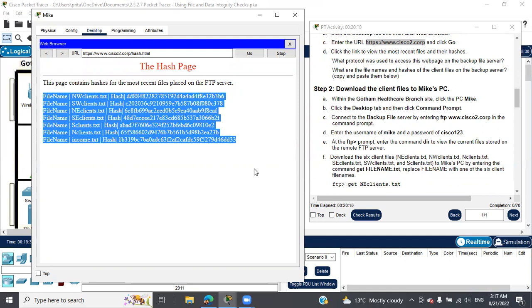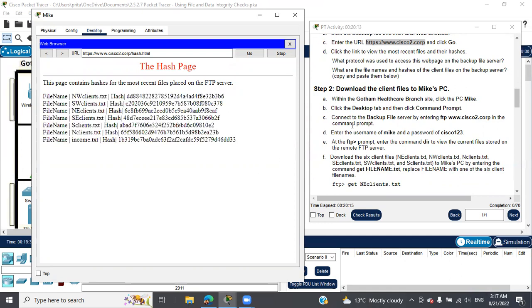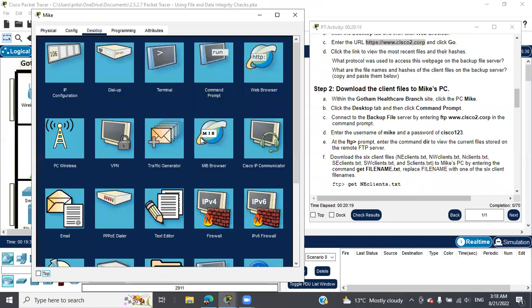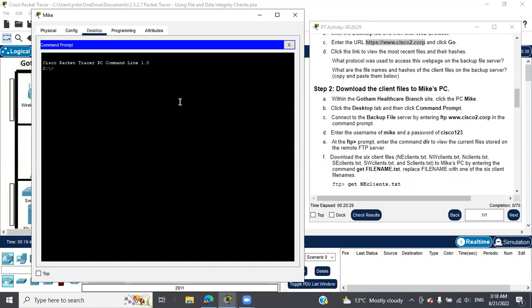Possibly not. So now you can also download these files by using FTP. So for that, again, I'm in the Mike PC, going to the command prompt and typing the command